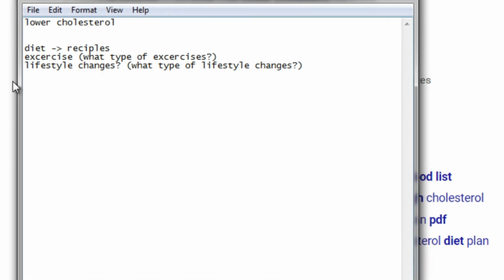That way you can expand upon not just the general niche and the sub niche, but you can expand upon that. So you could see this diet and recipes could become one whole vertical of just topics, tons and tons of different diet plans, tons of different recipes, different types of exercises. We have swimming, we have cardiovascular, aerobic type exercises, running, how long. And as you can see here, you can really dig deeper and deeper and deeper.